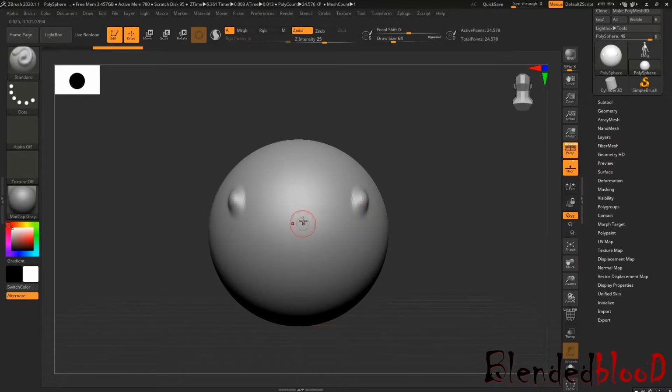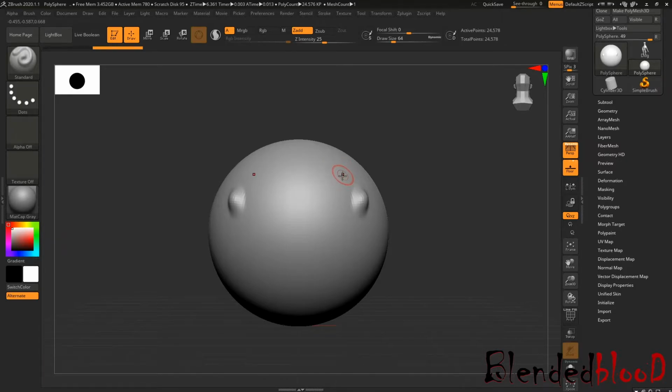Now come to the brush. If you are able to see these two dots, the red dot, this will indicate your symmetry option. For Maya we are supposed to go to the edit option, duplicate special, and for Max this will be symmetry. We will use the same word for this software also. The shortcut is X. If you press X, symmetry will be turned off. If you hit X again, symmetry will be turned on.